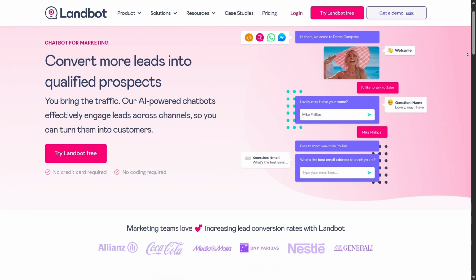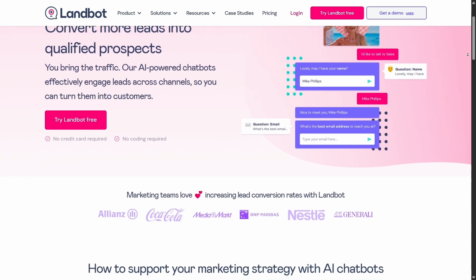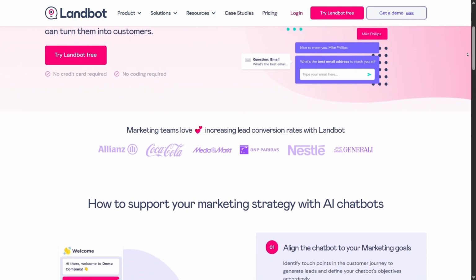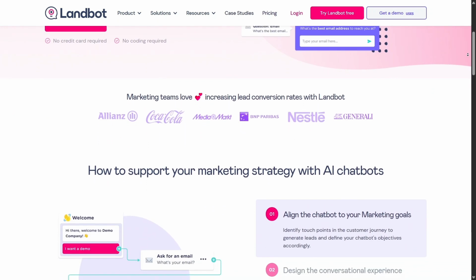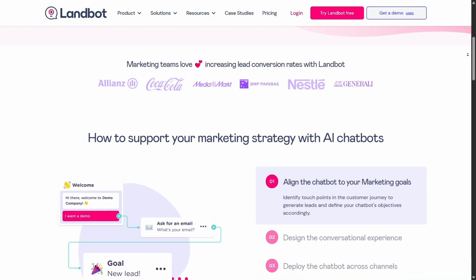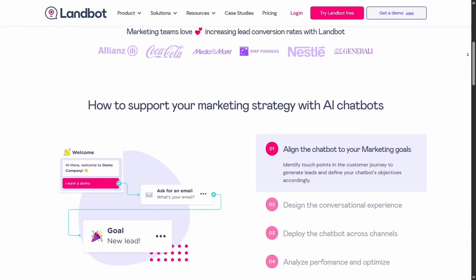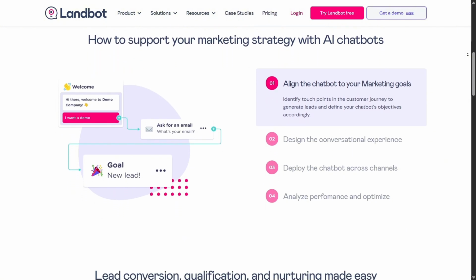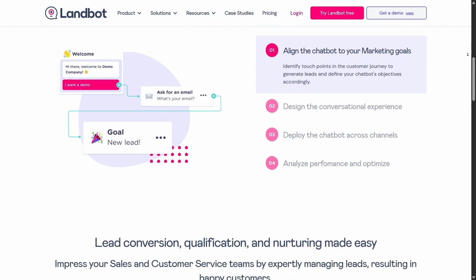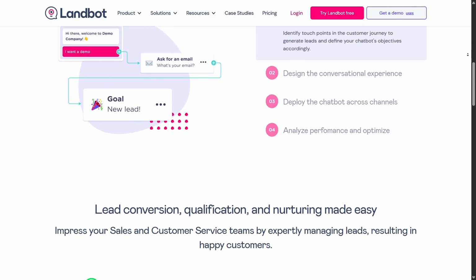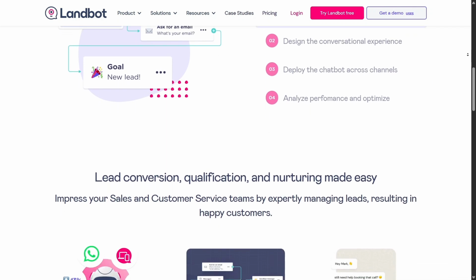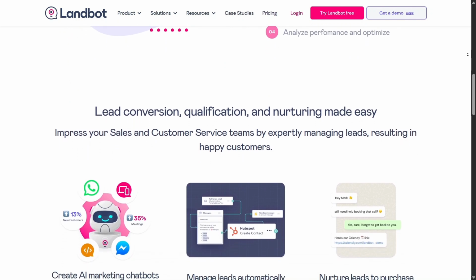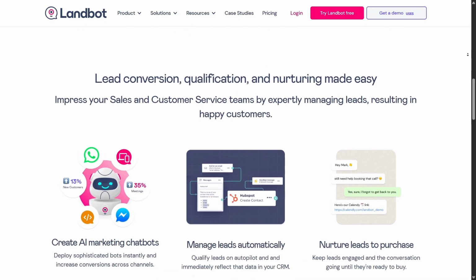So, what are some real-world use cases? For marketers, Landbot can be a lead generation machine. You can qualify leads through conversations, capture contact info, segment users, and even trigger email campaigns based on responses. For support teams, it can automate FAQs, escalate complex issues to live agents, and keep customers engaged 24/7. And for product teams, it's a great way to onboard users or gather feedback without relying on long forms or